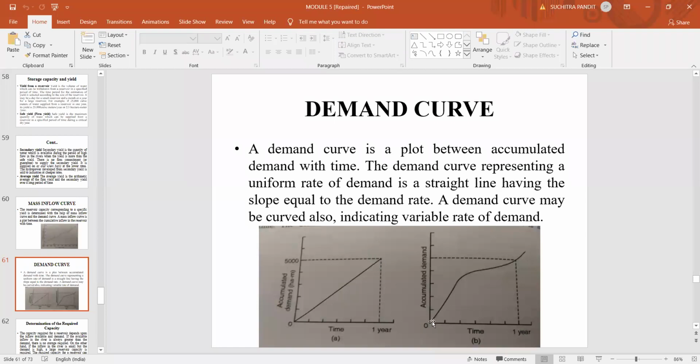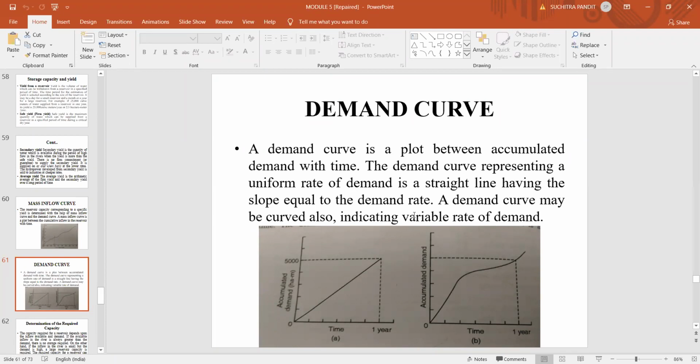And in certain cases, the demand may not be constant. In such a case, we'll have a curve-like graph, which indicates the varying demand during the different seasons in a year, whether it may be in the rainy season or winter season or summer season. Normally, in the rainy season, the water requirement from a reservoir will be less, whereas in winter also, we may require a little amount of water. The demand for water for various crops is high, especially during the summer months. Now, by using this demand curve and mass curve, we can calculate the storage capacity of a reservoir.